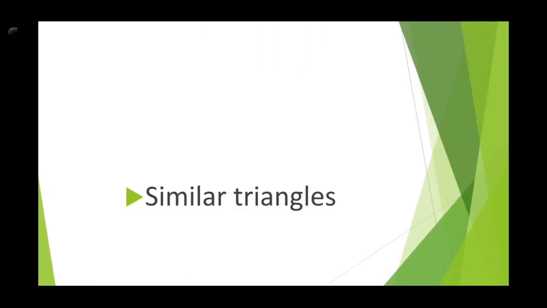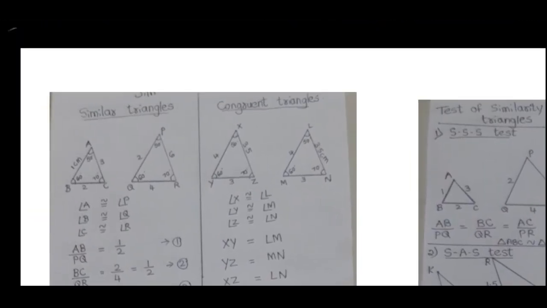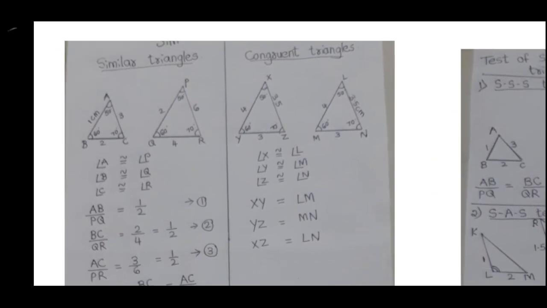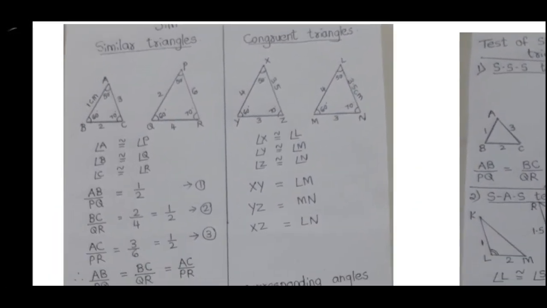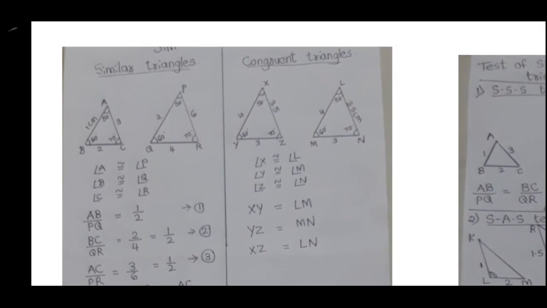Now by this, exercise 1.2 is over. The next exercise is based on similar triangles. As I told already in the first video, we'll be discussing similar triangles later on. So now let's come to know the difference between similar triangles and congruent triangles. Children, congruent triangles we have already learned in the lower classes. Similar triangles we learned in standard 9. Let's revise first.